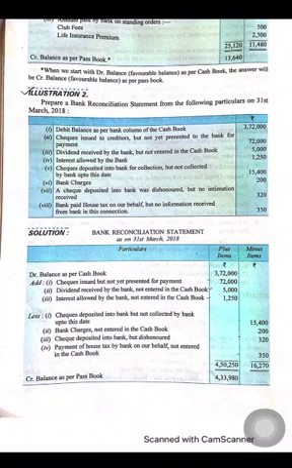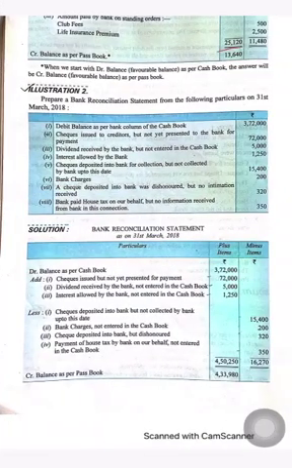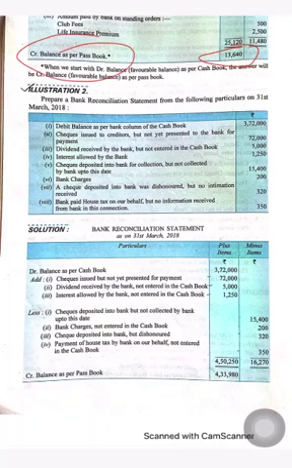Now the total of the plus column will be 25,120. The total of the minus column will be 11,480. When we subtract these two totals, it will be 13,640. It will be our answer. 13,640. It will be our answer. We will write here balance as per passbook, because we have started with the balance as per cash book. So our answer will be balance as per passbook.